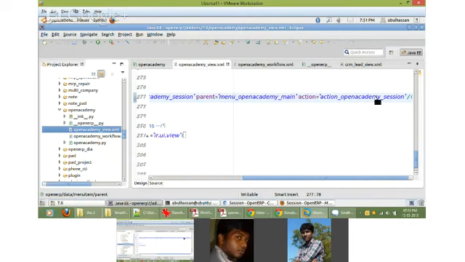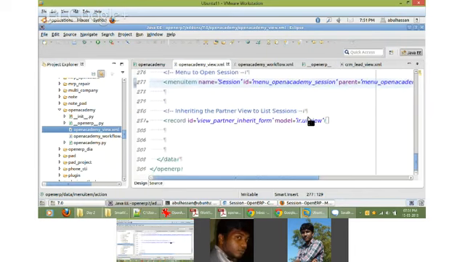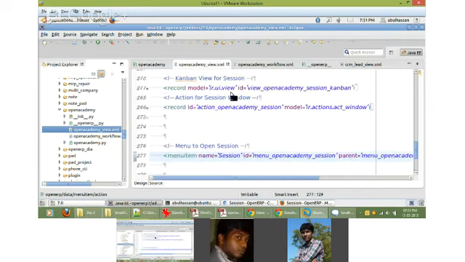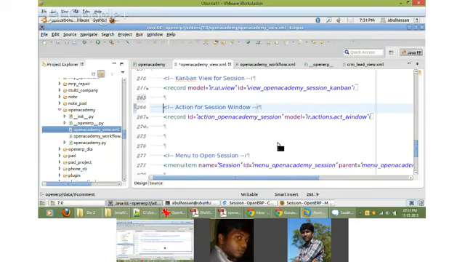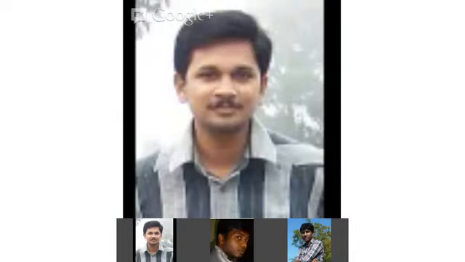Okay. So again the action is here and the action is explained here, I guess. Yeah. Action to open the session window is here. Okay. So it is explained here. Okay. So hope you have got the basic idea of how to create actions, right?